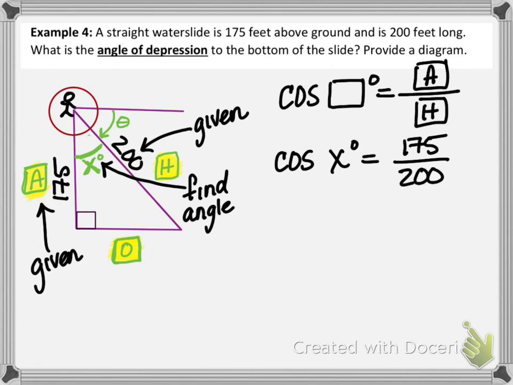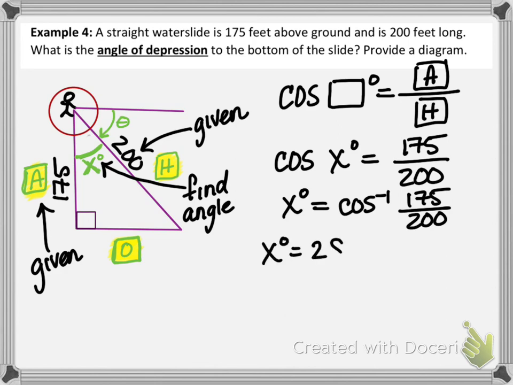And just like I showed you earlier, we're going to solve for X by taking the inverse cosine of the ratio. Once you type that in your calculator and round to 2 decimal places,